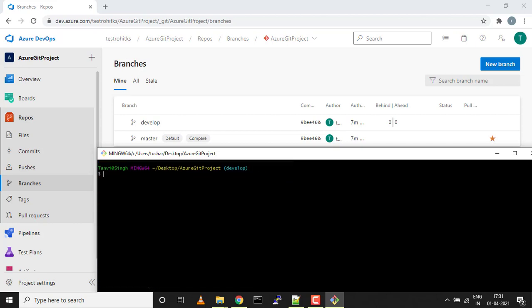Okay, let me add one more commit. I want multiple commits so that I can show you how we cherry pick and those things. So let's add echo. Let's name it .NET code, net.txt.